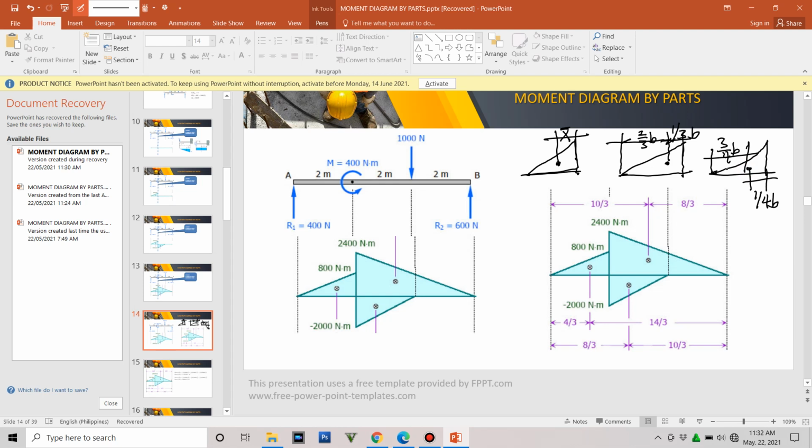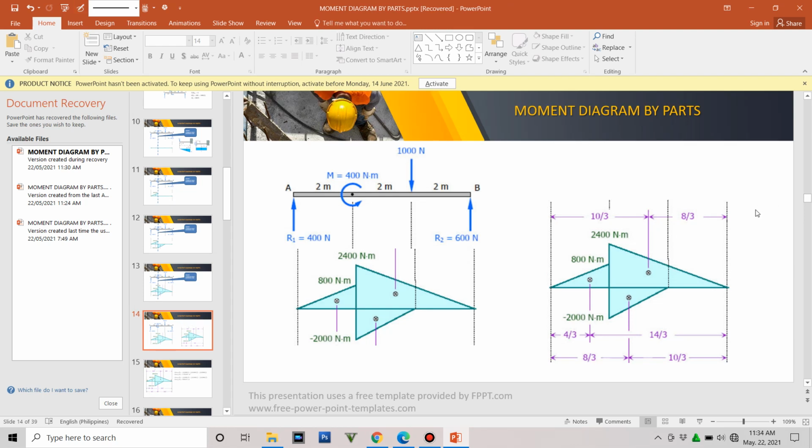Meaning, the centroid is closer to the head. So it has a head and a tail. The centroid is farther from the tail and nearer to the head. Okay? So the centroid is nearer to that of the head than to the tail of the spandrel. Basically, we need to know these distances in order to come up with the area moment of a certain diagram up to a certain point. Okay, so with that principle, we are going to locate the centroids first of these